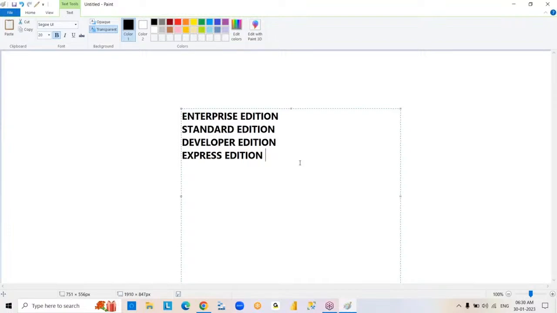Okay. Now, for real-time purpose, we use enterprise edition, standard edition, or developer edition, but not Express edition. Remember, please. Right. In the same way,